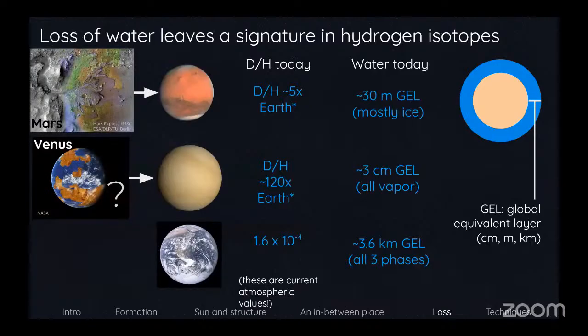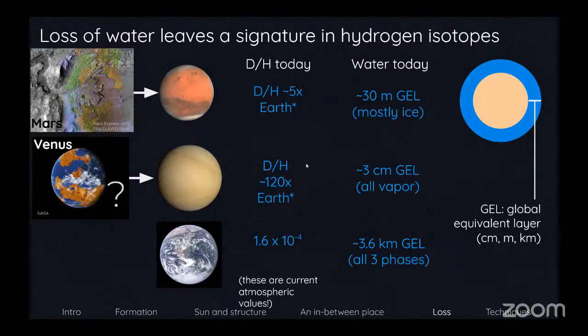So all these different escape processes can leave signatures of past climate in different isotope systems. So this is one where my expertise is relevant: hydrogen isotopes. As this escape is affecting the hydrogen on a planet, it will tend to leave an enhancement in the ratio of 2H to 1H, or deuterium to hydrogen. This process is happening at Mars, Venus, and to some extent Earth, but not really, because Earth is doing a very good job of keeping a hold of its atmosphere and liquid water.